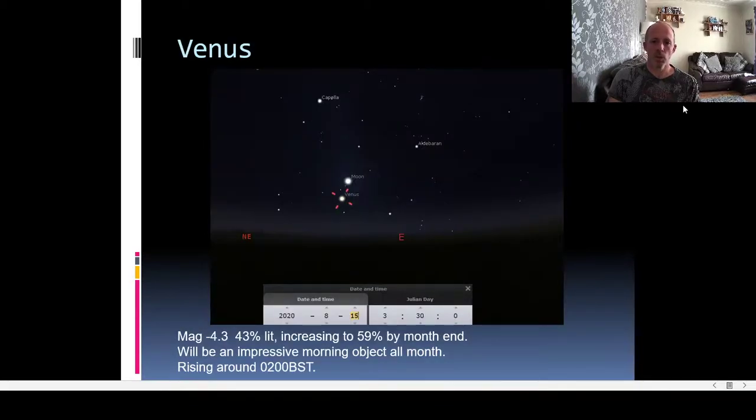Now Venus is putting on quite a show in the morning at the minute at mag minus 4.3. It's really incredibly bright, and at the minute it's a 43% lit disk, so it's just off half phase, and this increases to about 59% by the end of the month. So all month long you can see it in the morning. It rises about 2 o'clock in the morning, British Summer Time,